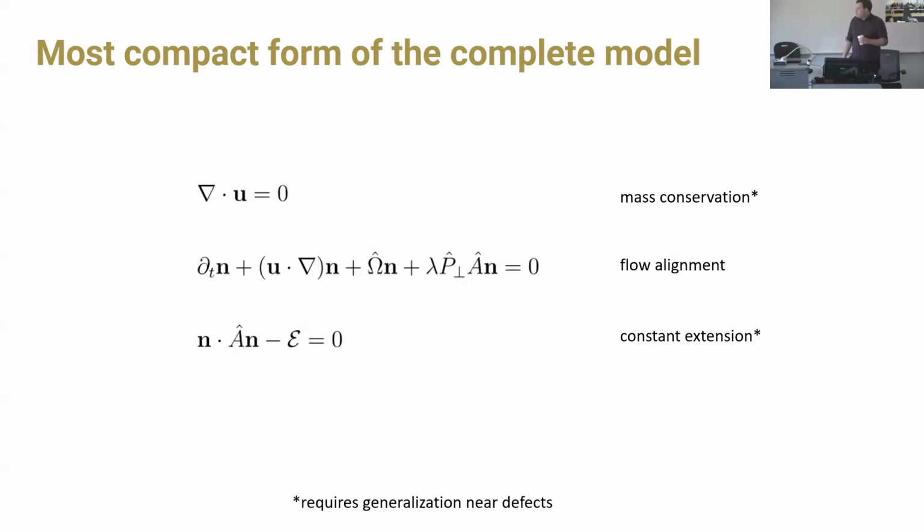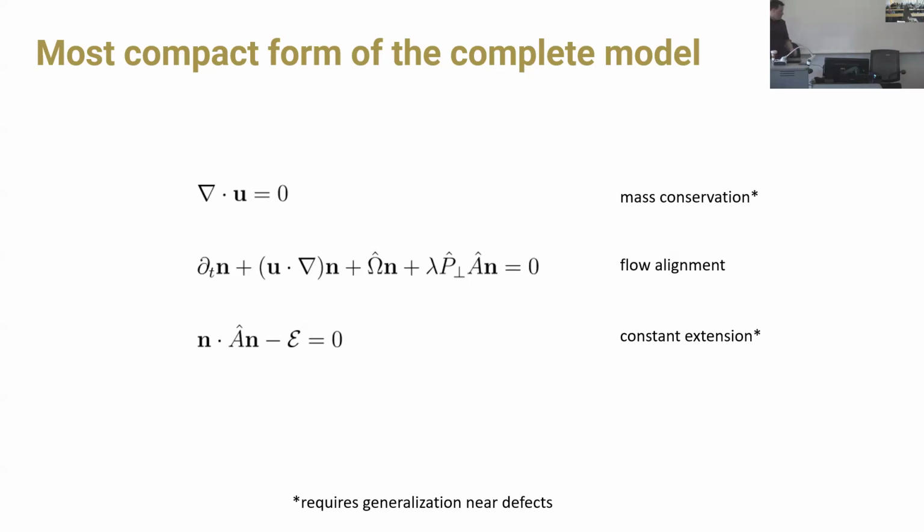So the second equation, you call it a flow alignment equation. So the first one is mass conservation, yes. The second one is telling what? So the second one here is the effective derivative, right? So you're being advected by the flow. This term here is co-rotation. So if you have a vortex, the flow is going to want to rotate with the vortex. And then this last term here is the flow alignment term. So this tells you if you have an extensile flow, a hyperbolic flow, how does it want to rotate in that hyperbolic flow? Remember that n is the orientation of the fibers. So basically the fibers are advected by u, and then they can also spin by the vorticity of the fluid. Exactly. And the other term is basically